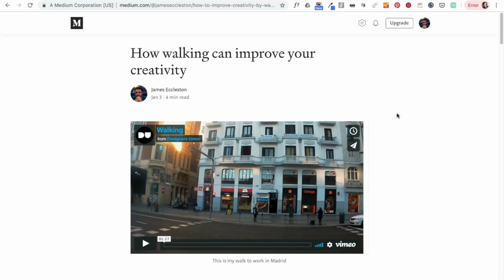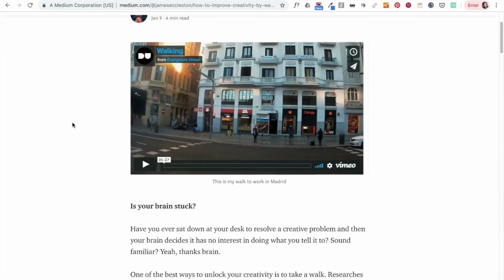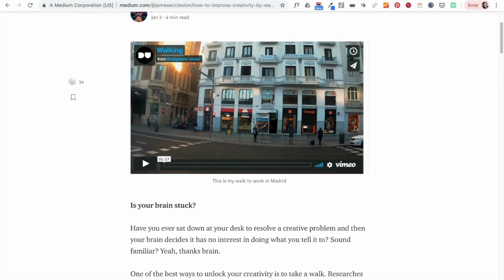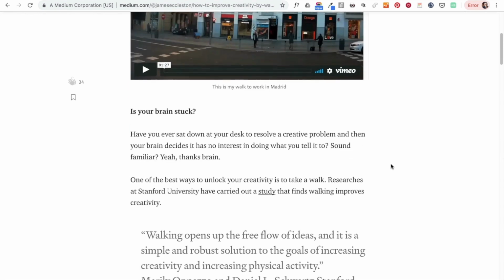There will be times when you want to use longer text, like in a Medium article. This is one we wrote last year about how walking can improve your creativity. So obviously you don't want to break the text up too much because it's an article, but you do want to have a hierarchy. So we'll have our main headline, the video that helps explain the article, and then we'll